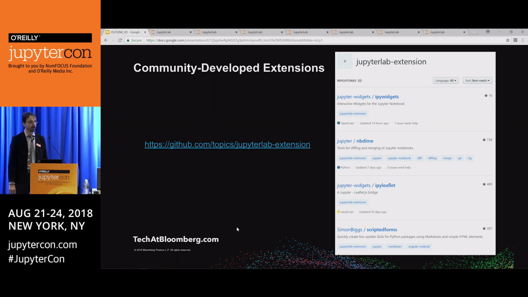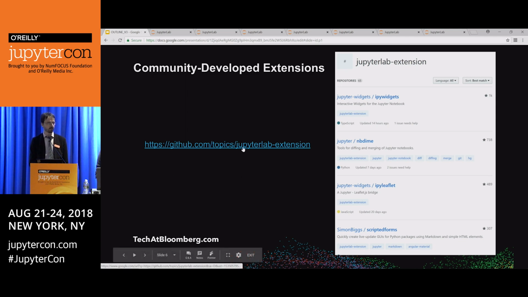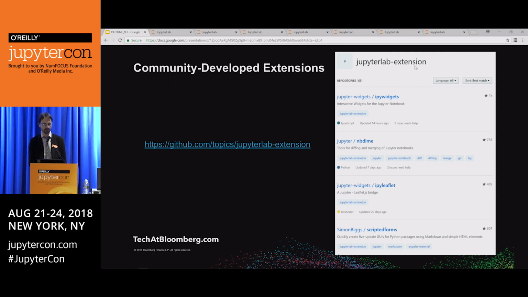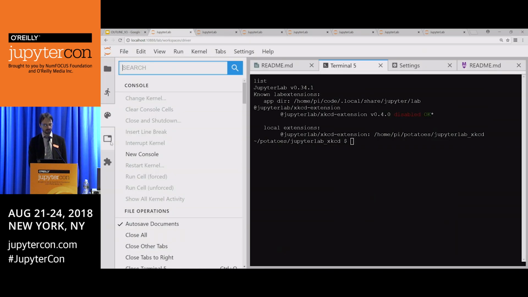So how might you find JupyterLab extensions? Well, there's a GitHub topic for it now, so you can list them. I've taken a screenshot. There are 65 repositories that tag themselves as being JupyterLab extensions. And of those, we're going to highlight a few. But also, I want to point out that when we had this extension